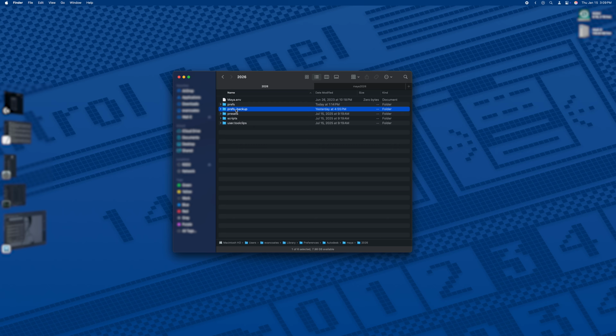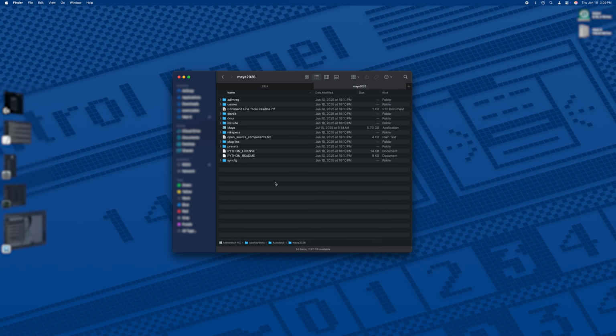So once you rename it to prefs_backup, you can then just open up your Maya 2026, just double click this guy, or if you have it in your dock, open it that way. And then it should actually open up this time. You should now see a splash screen with Maya loading. It might take a few minutes for it to open,